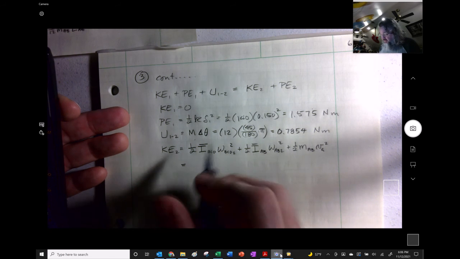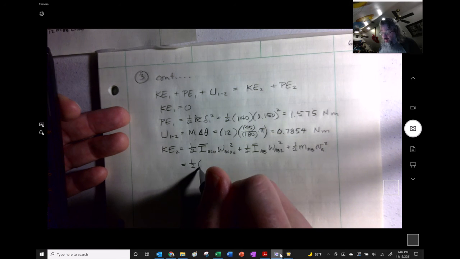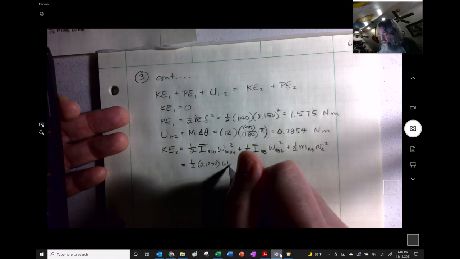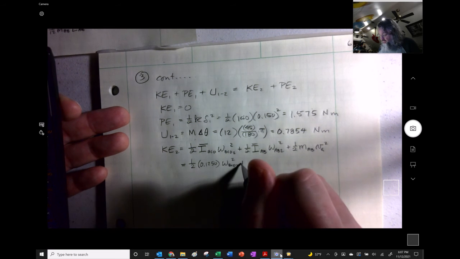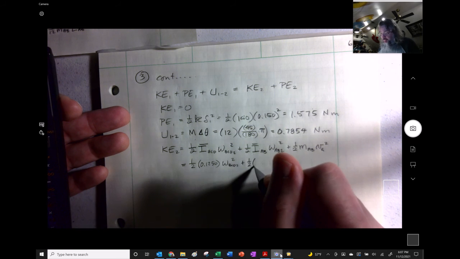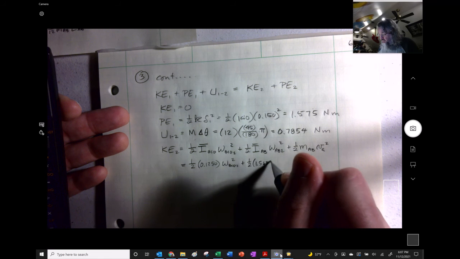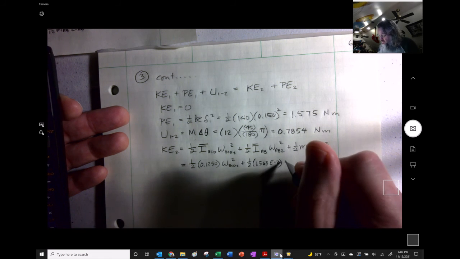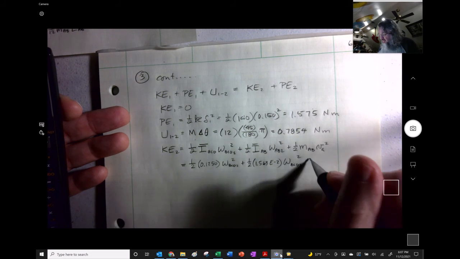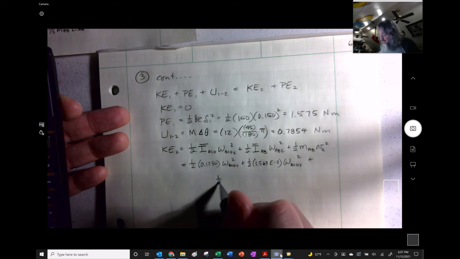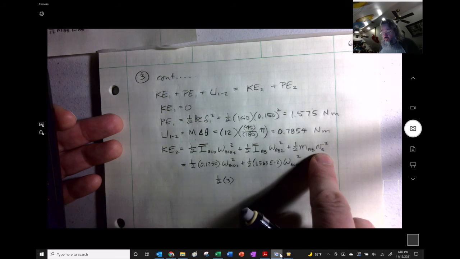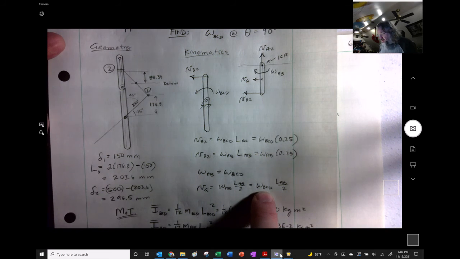All right, so there's a bunch of stuff going on right here. So 1/2, and here's our 0.1250. This is the thing we're trying to calculate. Plus 1/2, and we know these two happen to be equal to each other, so that makes it a little simpler. So we could just directly replace it. Now we got to do this guy, 1/2, and the mass of him is 3 kilograms. But now we need the VG2, which we know is going to be omega BCD